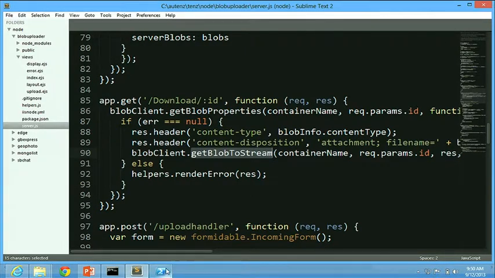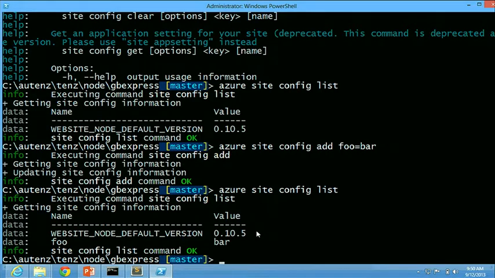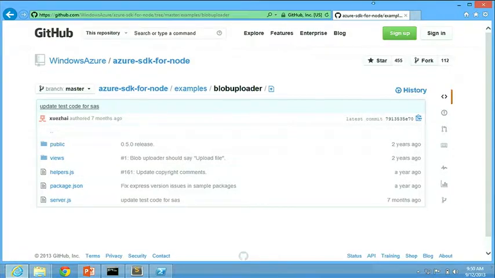So that's blob storage. Now we also have table storage, as I mentioned. I'm not going to show that now, but what I want to show is MongoDB. I talked about how, using the Azure Store, you can create MongoDB instances. So if I go to manage.windowsazure.com and I log in,